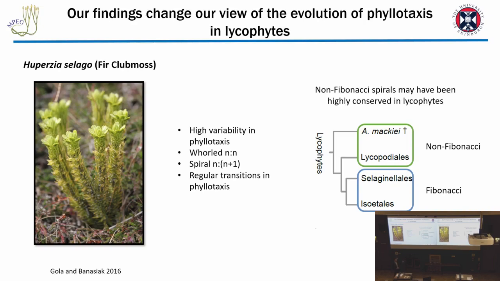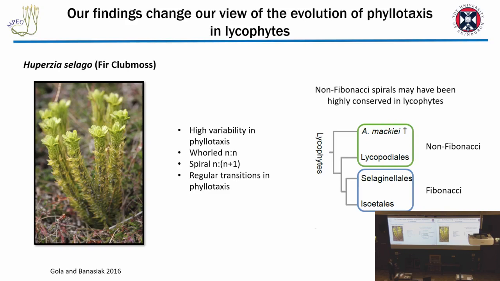So previously, these non-Fibonacci spirals had been found in a couple of plants, especially amongst a couple of plants known to be part of the lycophyte lineage. These had always been interpreted as oddballs, things that were likely Fibonacci to start with and had on their own lineage gone and done their own strange thing and become non-Fibonacci. But this new fossil really changed that picture, because Asteroxylon macchiae is a very early diverging member of this lycophyte